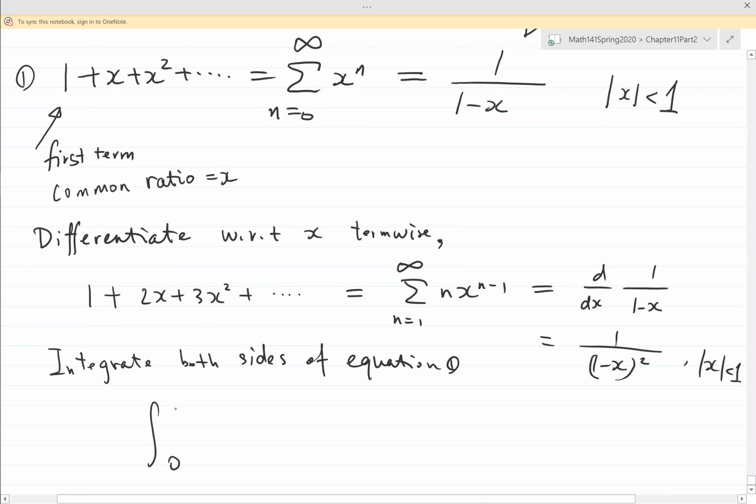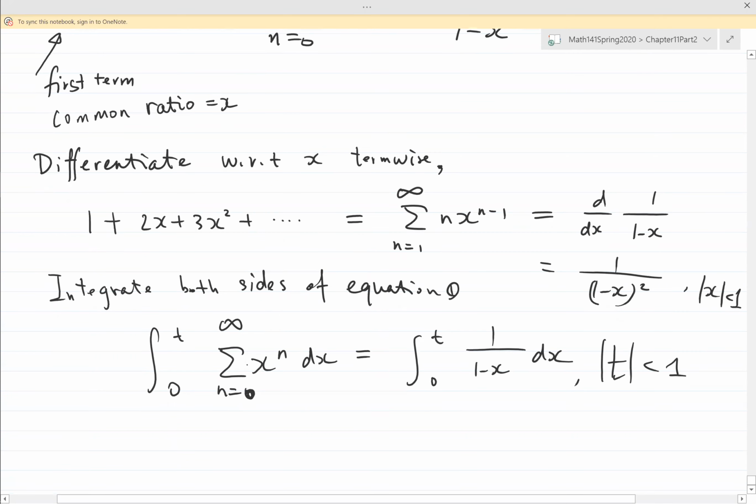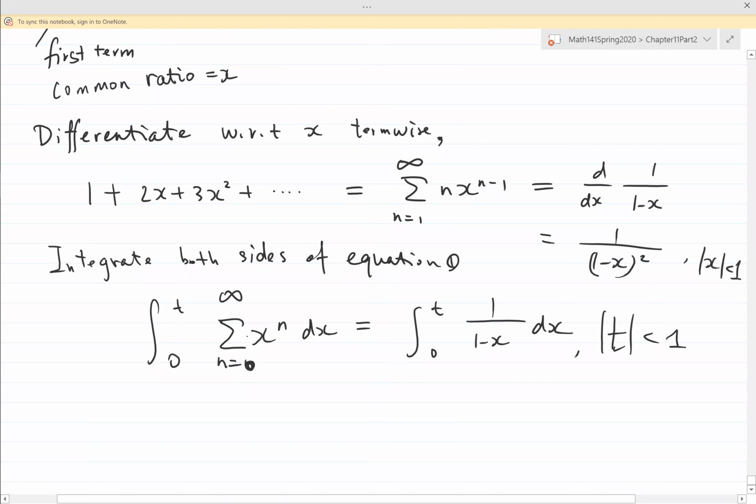So for instance, from 0 to t of the sum of x to the power n dx. Here we need to make sure the absolute value of t is bounded by 1, such that this is within the range of convergence. So it makes sense. So we integrate term-wise